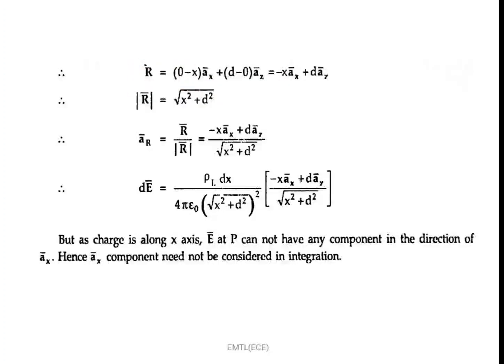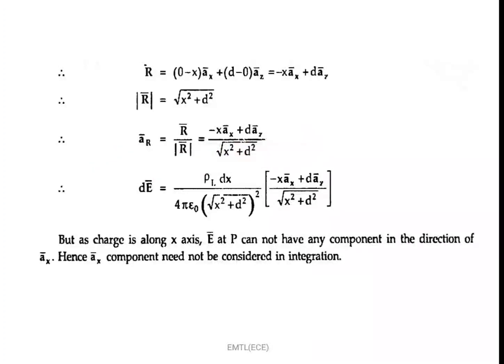So the r bar vector is (0 minus x) aX bar plus (d minus 0) aZ bar. This is equal to minus x aX bar plus d aZ bar. The magnitude of r is,